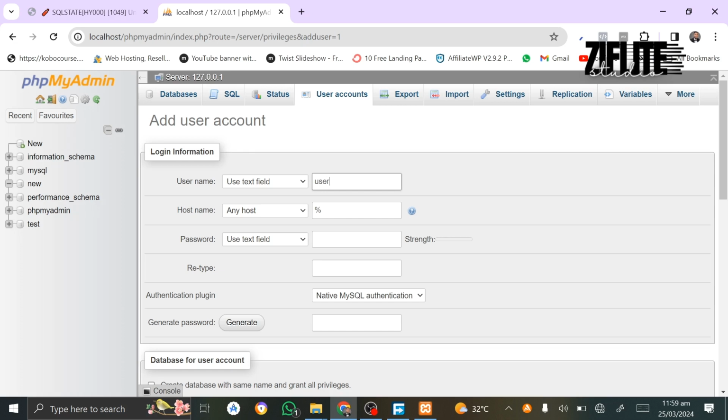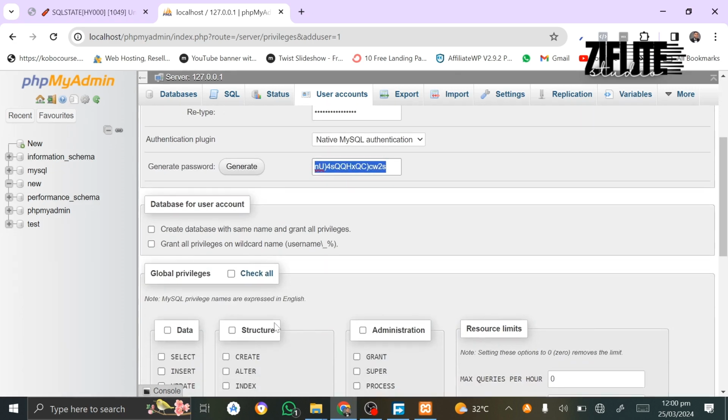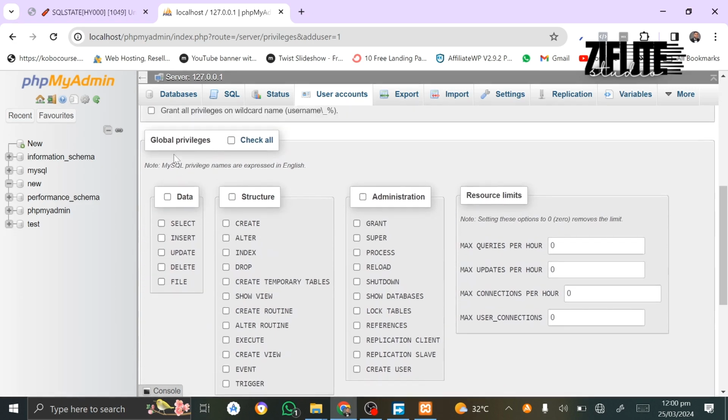All right, so from the database which we named new to the username which we are calling user. Then for the password, I'm just going to generate a password. Click on generate, or you could choose to give it a password that's strong. So this is the password we've generated. So I'm just going to copy this. All right, and do well to make sure, come here and click on global privileges, check all,